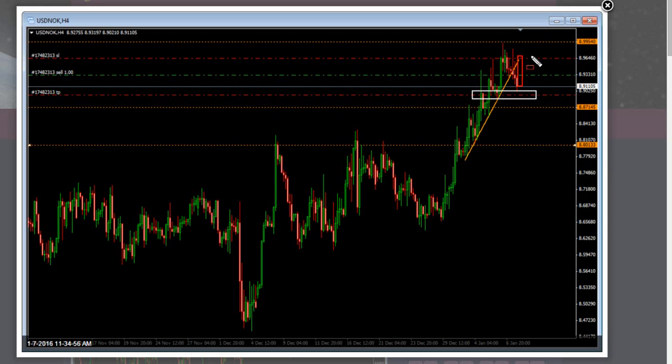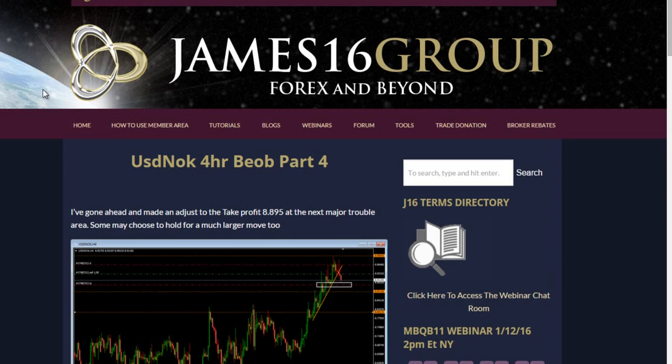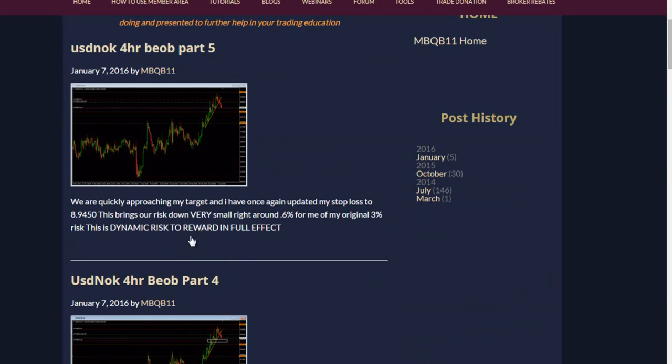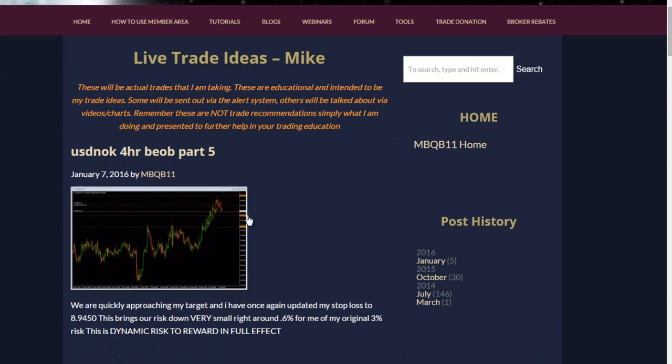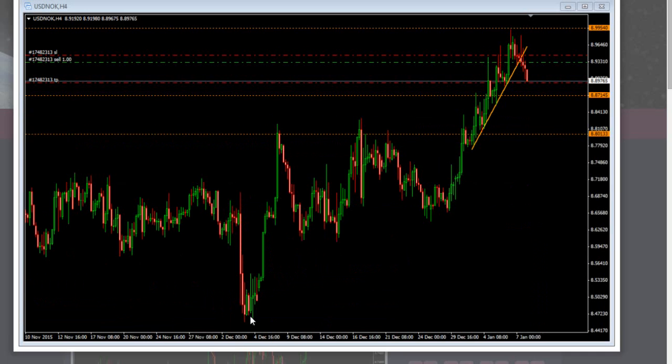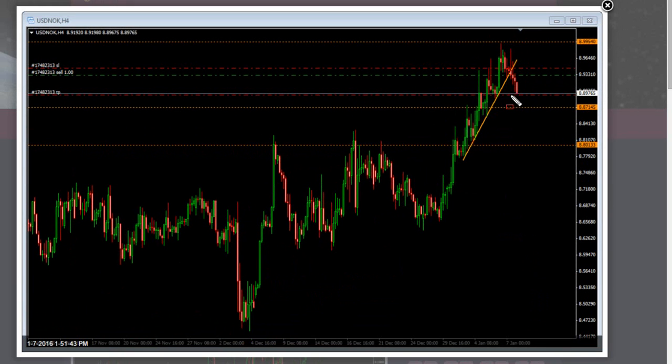And again, I'm going to work you guys towards understanding that for yourselves on your own trades, the things that you're going to do, and it's very helpful here. So again, I shifted my take profit up and sent out the next alert here. Again, each of these posts was an alert. I sent out this next alert, which is, whoops, sorry about that, guys, part 5, where we're about to hit my take profit. That's when I decided to move my stop loss down.